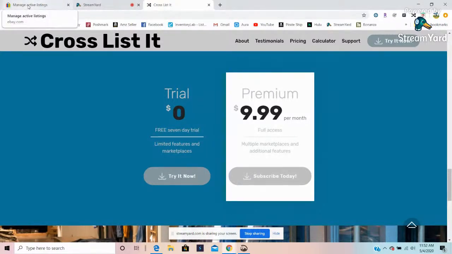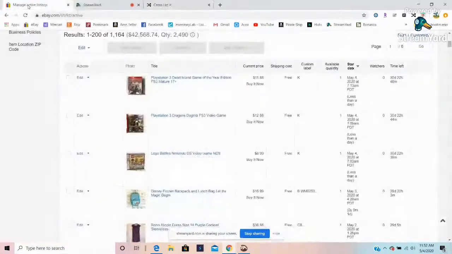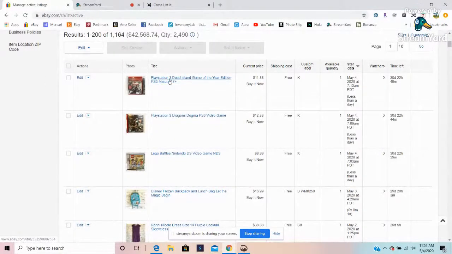So I'm going to go over to my eBay active listings and show you how this works. These 3 games I listed this morning. After I list them on eBay, I always go from eBay to the other platforms, because eBay requires more item specifics, more information than any of the other platforms does. If I listed on Mercari first and then brought it over, it would require so much more work. So I'm just better off doing it on eBay to begin with.